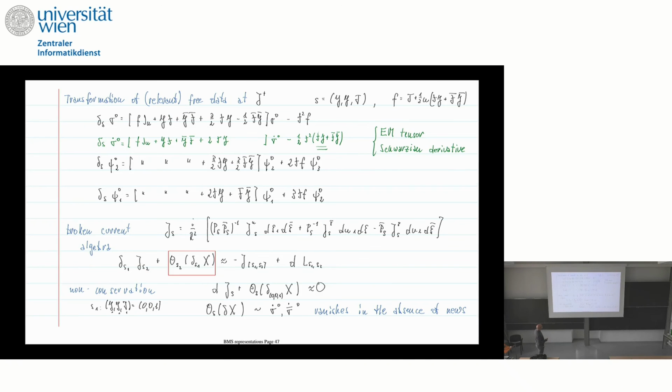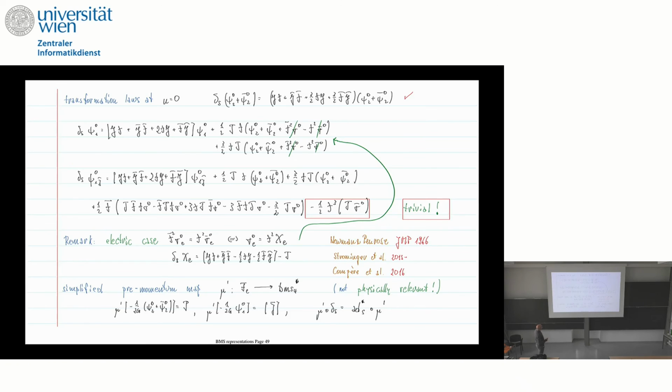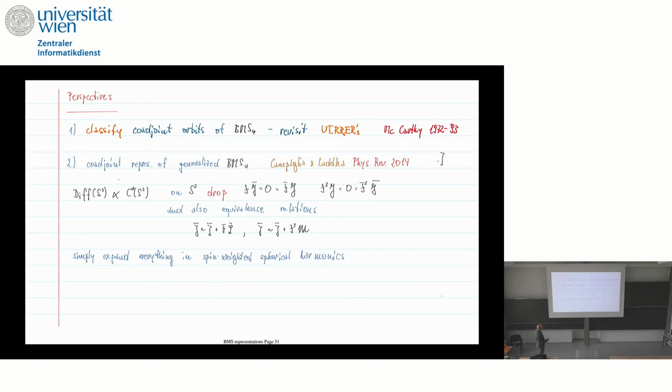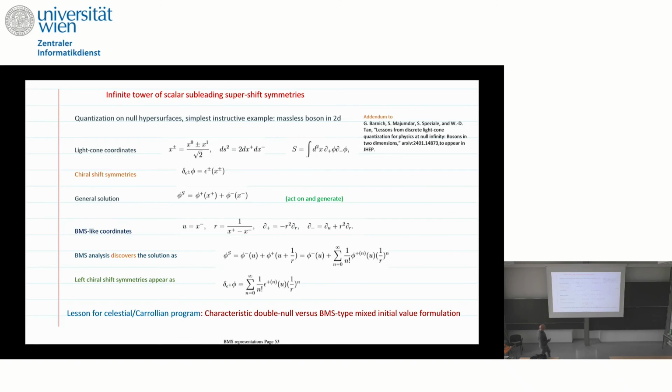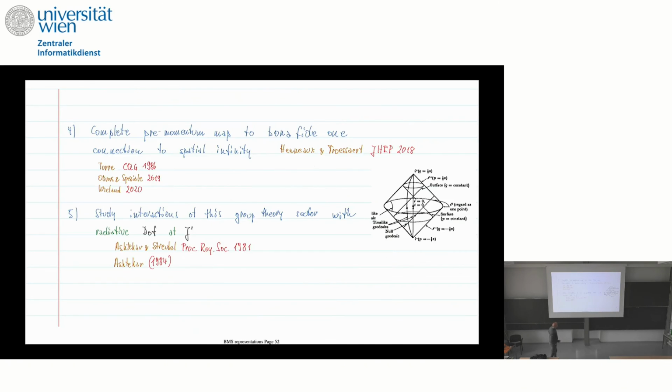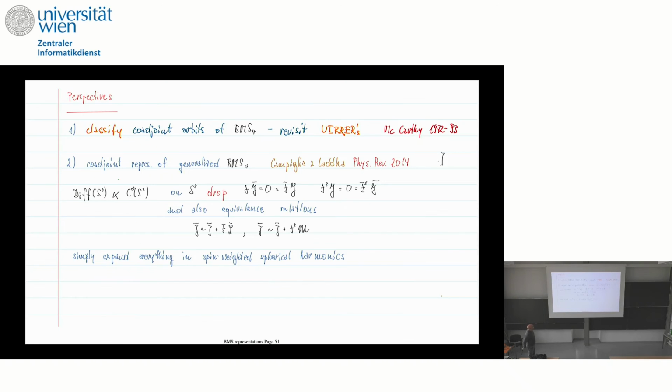Of course, there's the question of where to identify all of this structure in the non-radiative data at Scri. That's an interesting question, but let me not talk about it here since I have been talking about that in other places. Before I do my final comments on some unrelated topic, are there any questions on this? Okay.